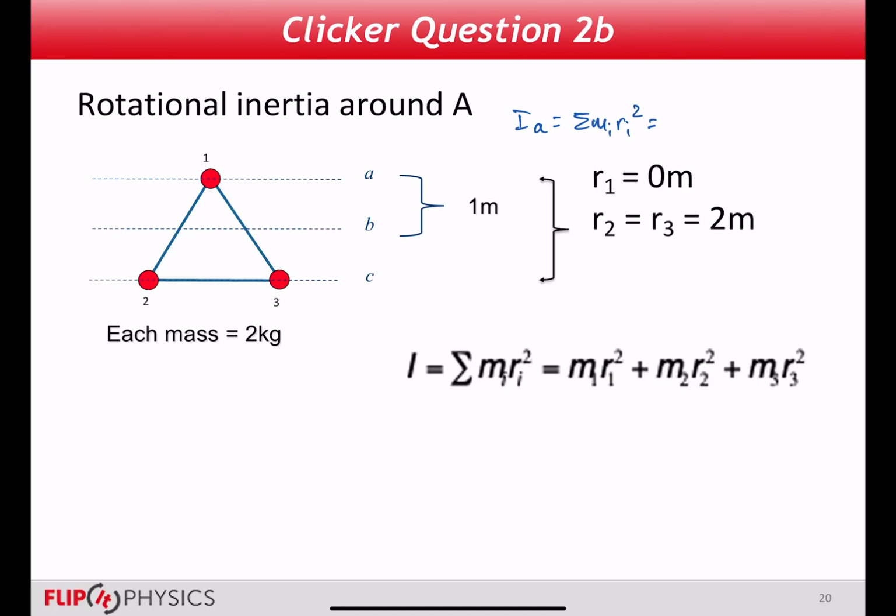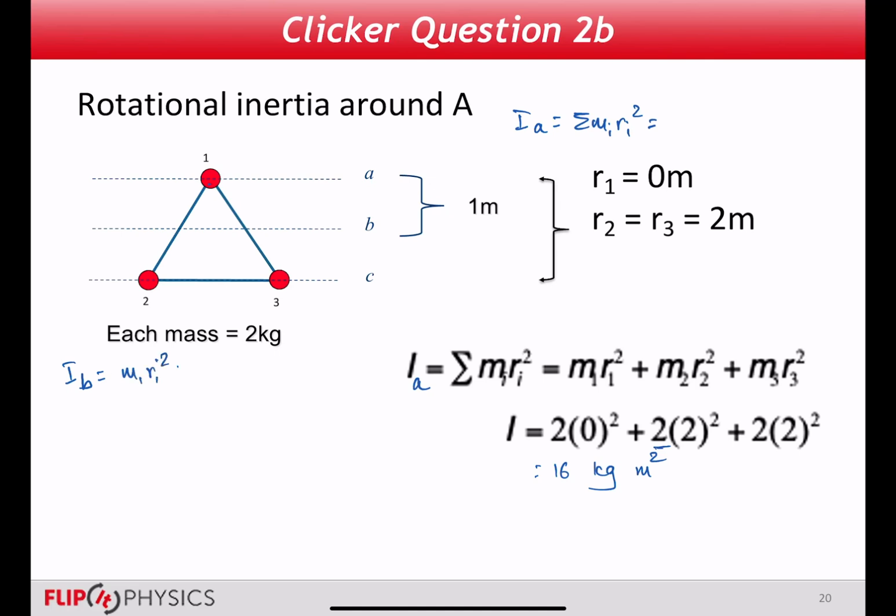So around A, the first mass, which is 2 kilograms, has r equal to 0. The second mass, which is 2, the distance from here to here is 2. I'm taking the linear distance here, so 2 times 2 squared, which gives me 16 kilogram meter squared. Similarly, I around B gives you